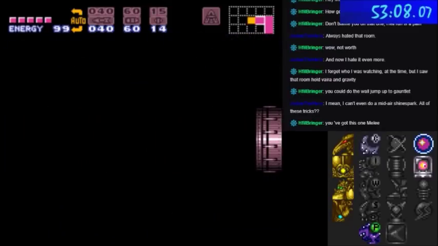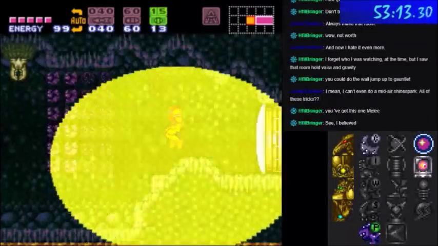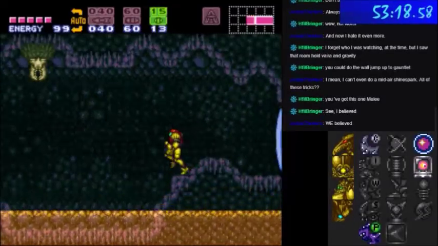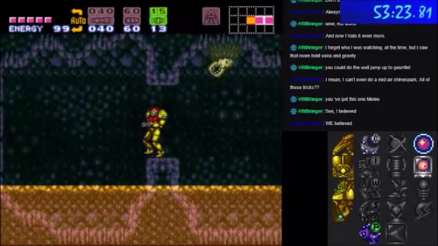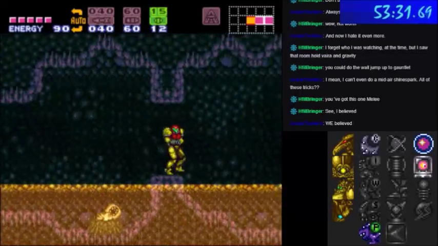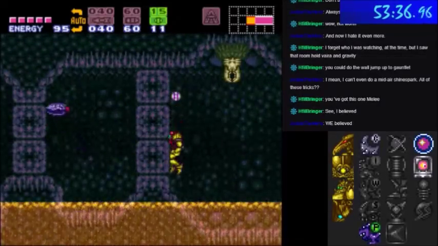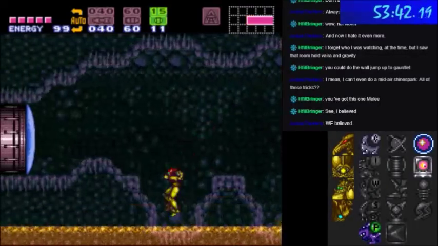I did save before this, yes I did. Now it's just a matter of... I know... I already checked what's at the back of Gauntlet, and I know it's like a missile pack and an E-tank. So I can at least grab that E-tank to make the theoretical hell run a bit more manageable, but...